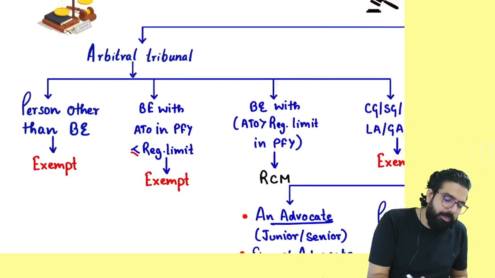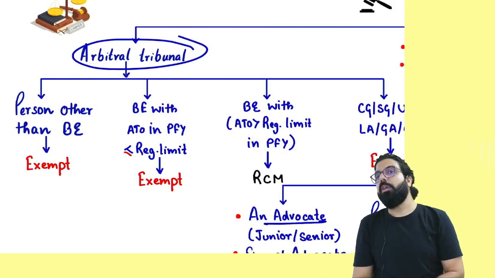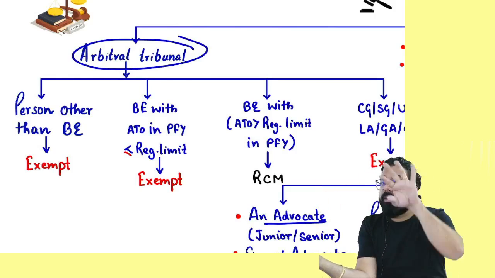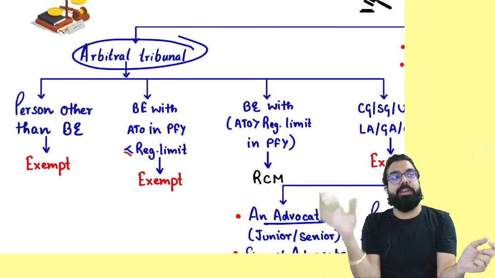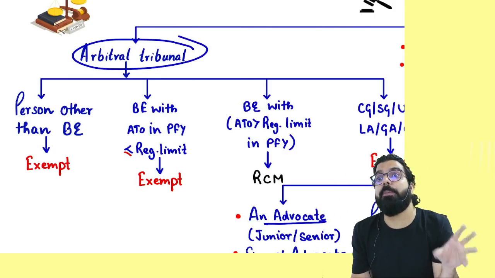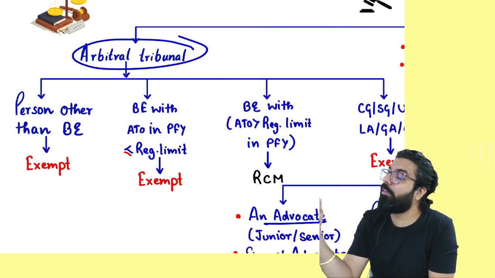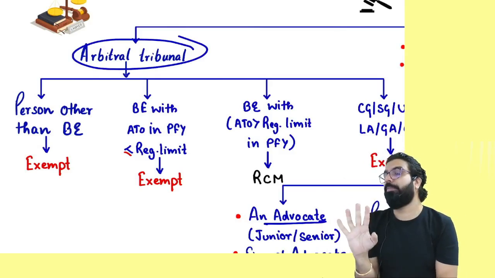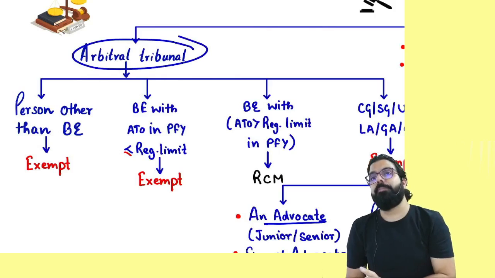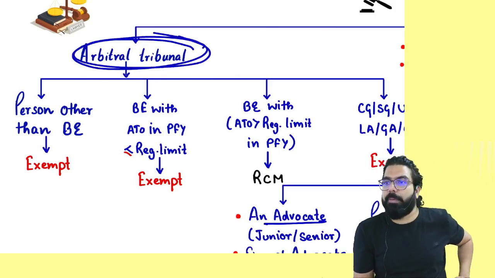The same thing applies to an arbitral tribunal also. Students get confused here, so always remember one thing. Tribunals are of two types: one is a tribunal established under law, and one is a private tribunal. Private tribunals are called arbitral tribunals. The service of a tribunal established under law is neither a supply of goods nor a supply of service. But the services of a private tribunal always attract GST under RCM. And private tribunals are known as arbitral tribunals. Is my point clear to all?